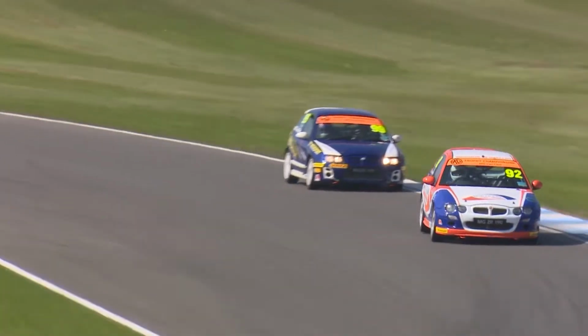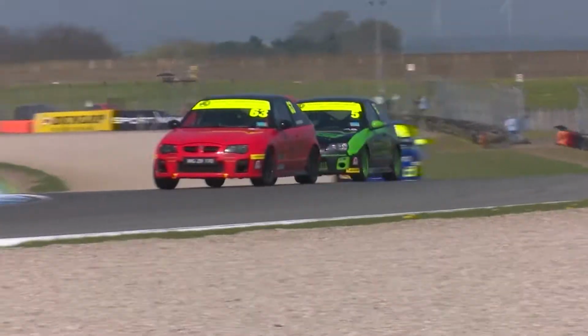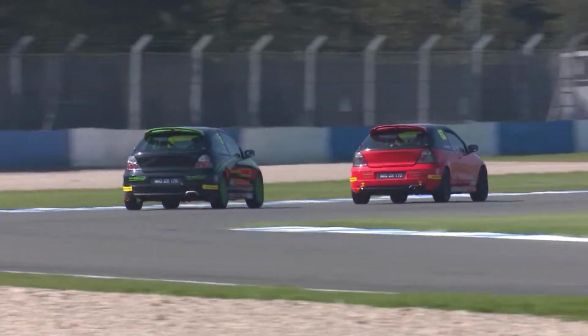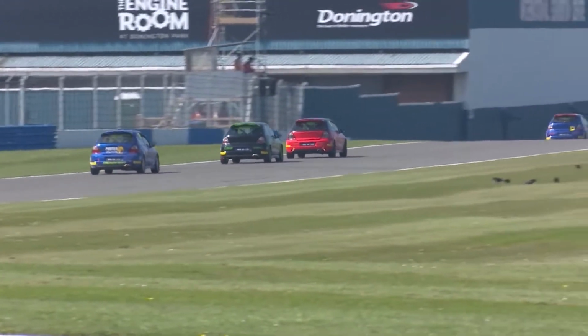I think the onboard camera probably accentuates the gap. You can see it's 2 or 3 lengths there, so Cole has got a little bit more work to do to try and close up. Gianni Piccioni in car number 5, chasing Ollie Hood. Gianni moving up from the